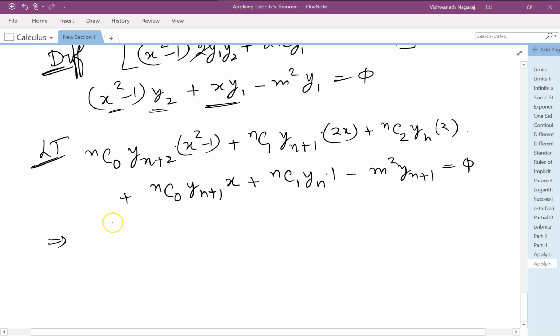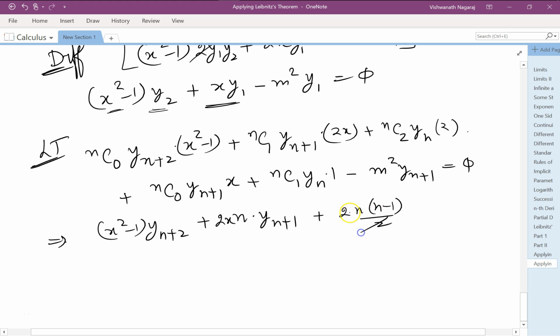Okay, now simplify. nC0 is 1, so x square minus 1 yn plus 2 plus nC1 is n, yn plus 1, so 2x we can bring it in front, plus 2 in front, n times n minus 1 by 2, so 2 gets cancelled, yn